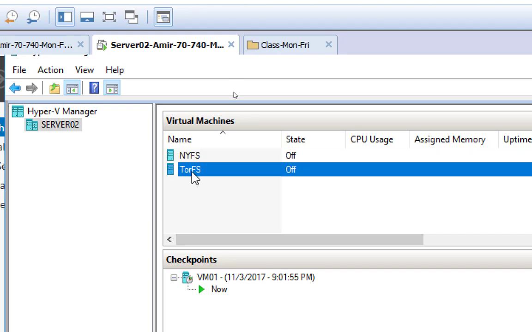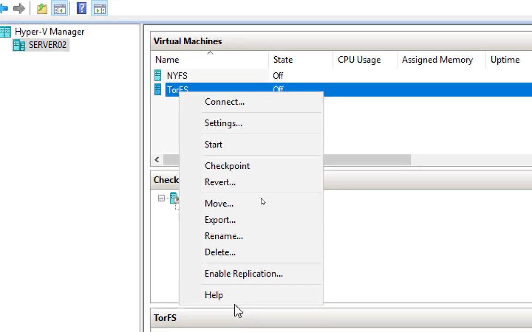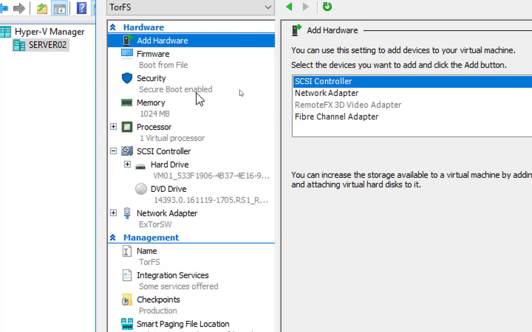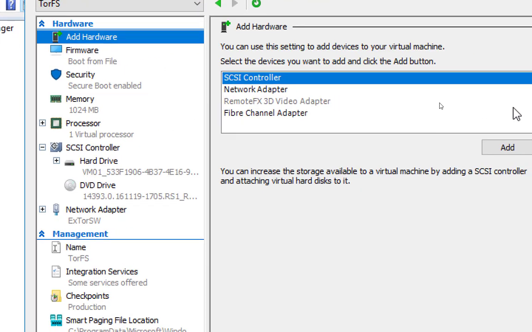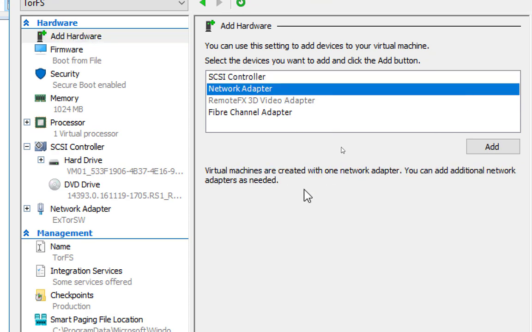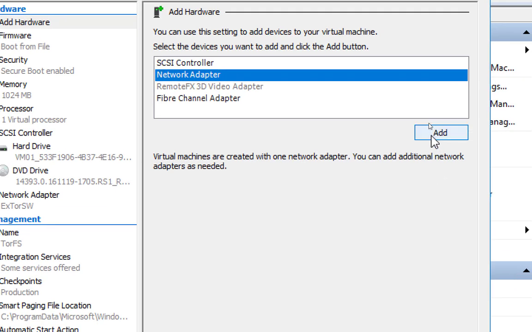I'm going to go to TorFS, right click. We already have a private switch, right? We just need a second network card inside each virtual machine that needs to be connected to the private switch. So let's go to TorFS and go to settings here. And you can see on the top, add hardware. This is the virtual hardware, right? So virtual RAM, virtual network card, virtual hard disk, virtual display card can be added here. So go to add hardware here, and then what are we adding here? Network adapter. And let's go to add,